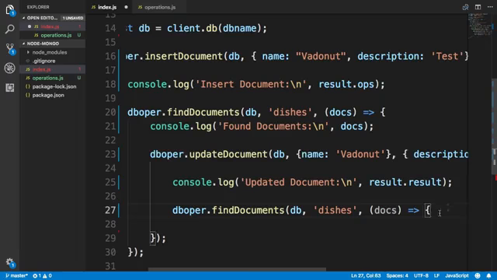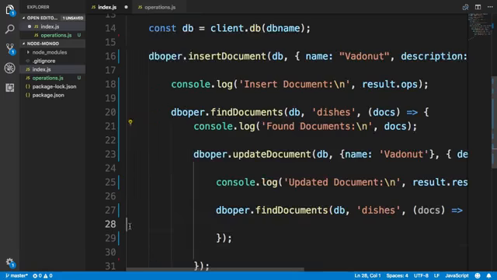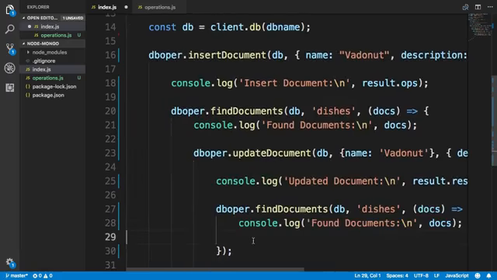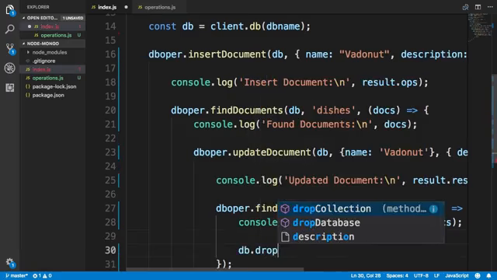And then finally, when I'm done with this, I will simply call db drop collection. So I'm going to delete this dishes collection so that I will clean up my database, because for the next exercise I want to start with a cleaner database. So I'm going to clean out the dishes collection,